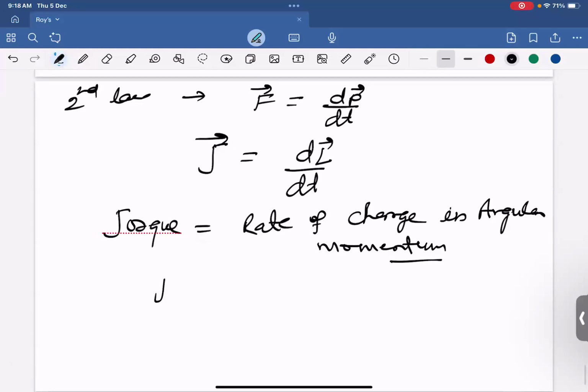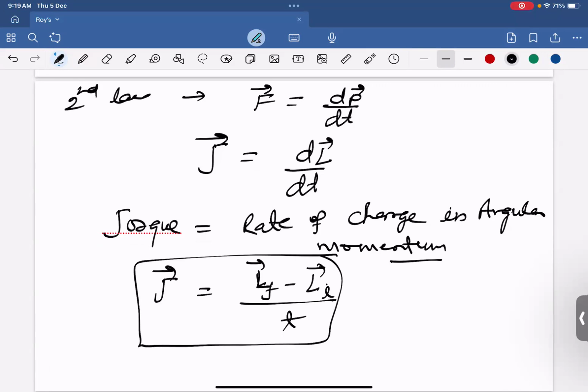You can also write that torque is equal to final angular momentum minus initial angular momentum, और कितना टाइम लगा उसमें, टाइम टेकन, दैट फॉर्मूला आल्सो वी कैन यूज। ओके, अंडरस्टूड। यस सर, अंडरस्टूड।